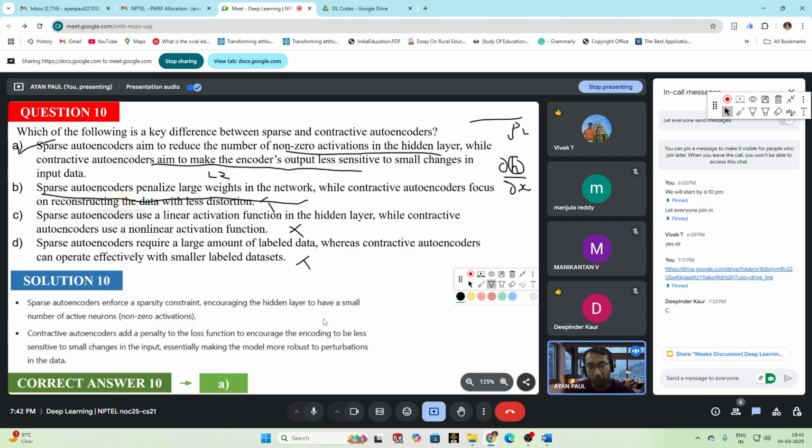So, summary of what we have discussed: something known as autoencoder. Autoencoder is nothing but a feed-forward neural network. It has three layers: input layer, hidden layer, and output layer. Input layer is called the input layer, hidden layer is called the encoding layer, and output layer is called the decoding layer. Then we learned two types of autoencoder: undercomplete and overcomplete autoencoder. When we want to compress or learn important features of the input, we use the undercomplete autoencoder. Otherwise, we use the overcomplete autoencoder.